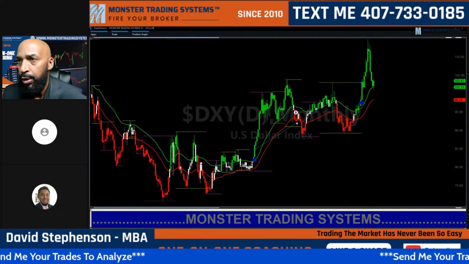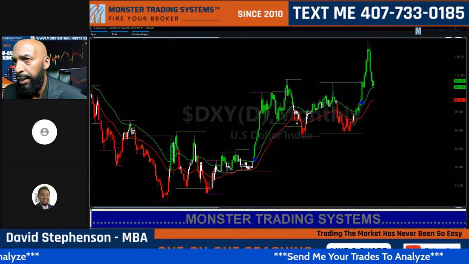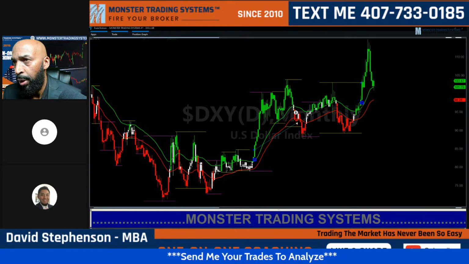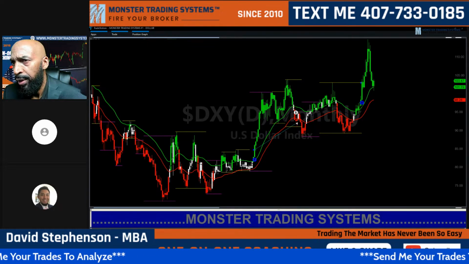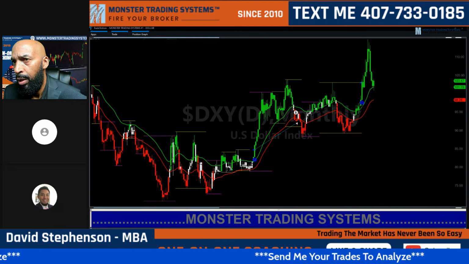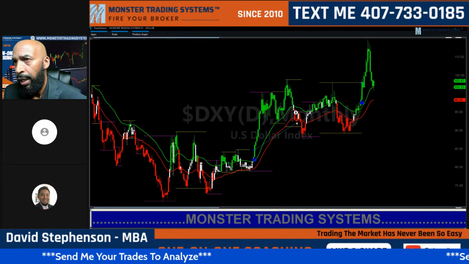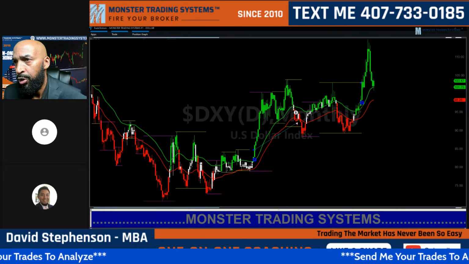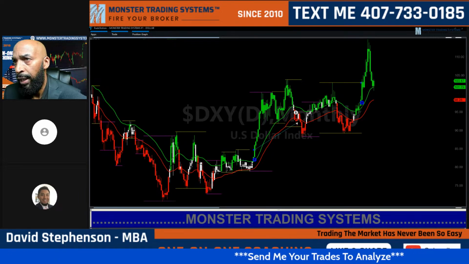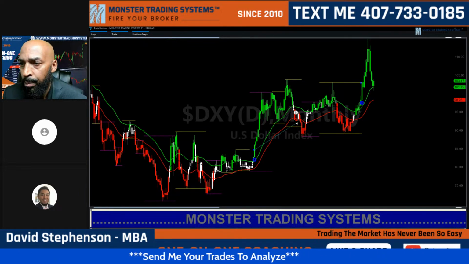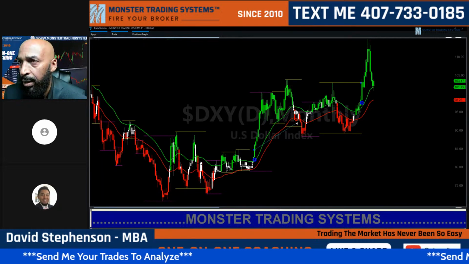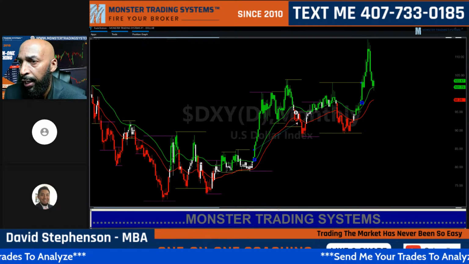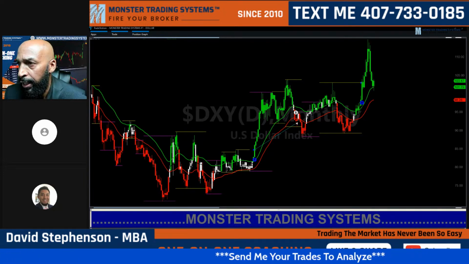It looks like it is trying to recapture resistance right here. Here was the buy signal. We were concerned that it would get back below resistance and perhaps continue down to test support. But right now it's holding. It pulled back and it's holding above resistance. Based on the price action we're seeing, we could see the dollar move higher. That is very, very encouraging.